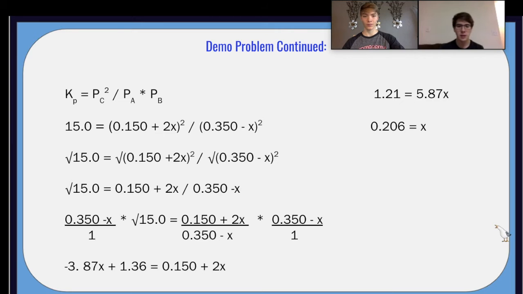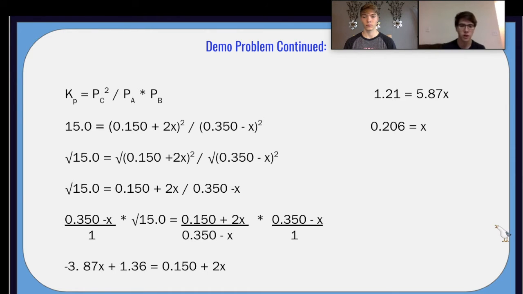And it's these expressions that can be used to find X. So now for this problem, we again need to reference our equilibrium expression for this overall reaction. Now we want to substitute the values we know. So we know that the equilibrium constant is 15. And we know that the equilibrium concentration for diatomic C is 0.150 plus 2x, squared because of its stoichiometric coefficient. We then divide that by the reactants, and that being 0.350 minus x, and the reason I have that squared is because the partial pressures of diatomic A and B are the same, so essentially it